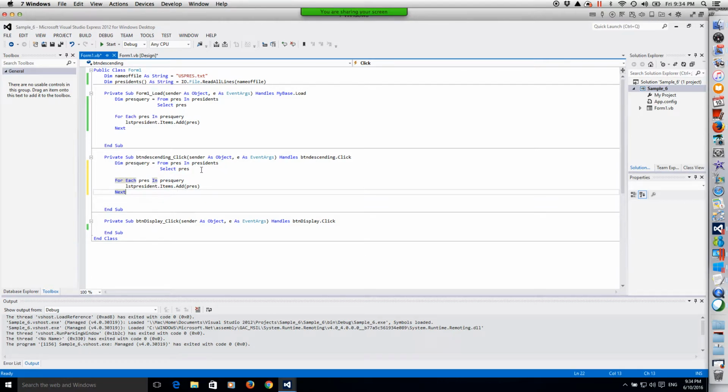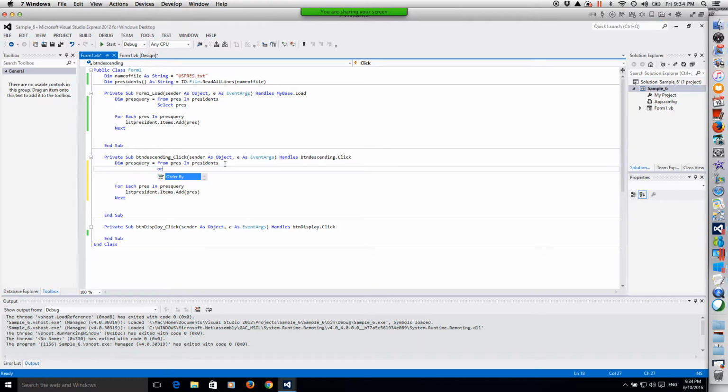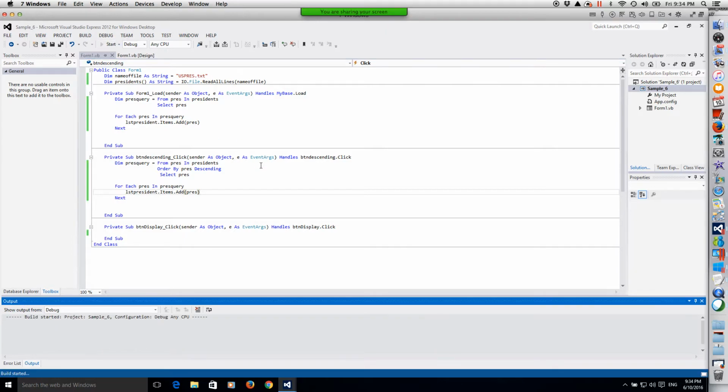And what I'm going to do is order it by, and I'm going to do it descending. You would just add descending there. So when I run it,